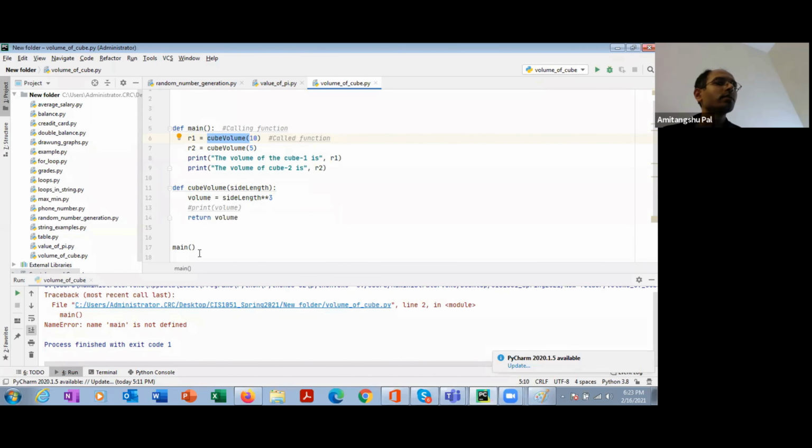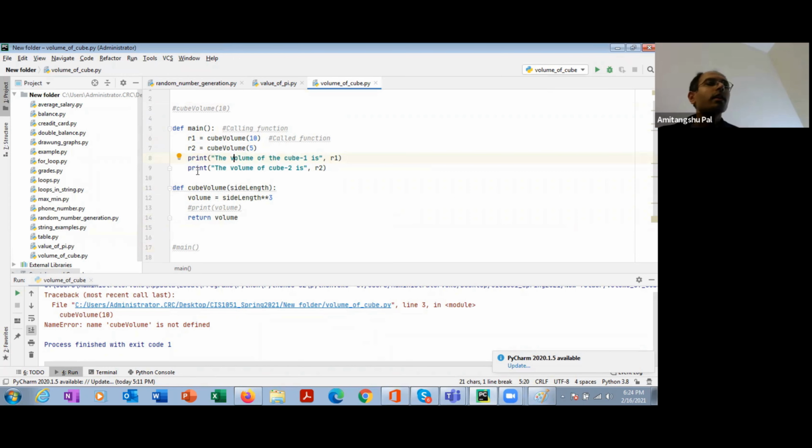Okay. So this is the point of execution, and it cannot be called before that function is defined. Similarly, I cannot call cube volume before its definition. If I write cube volume over here, this will give you an error, because here you are calling cube volume that has not been defined at this point.